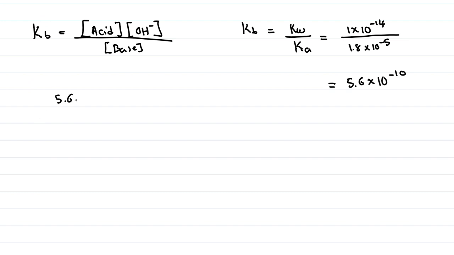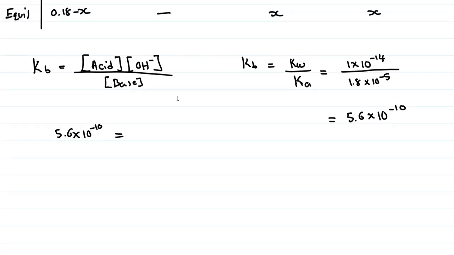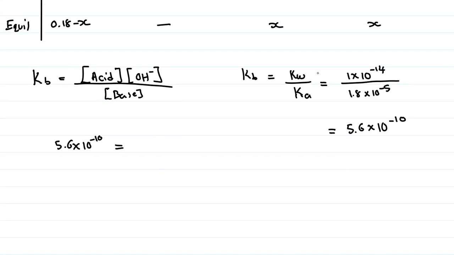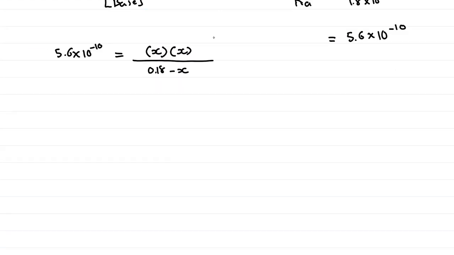So we have 5.6 multiplied by 10 to the power of negative 10 is equal to the equilibrium concentration of the acid, which is X, multiplied by the equilibrium concentration of the hydroxide ion, divided by the equilibrium concentration for the base, which is 0.18 minus X. Now from here we can multiply out by the denominator, which is 0.18 minus X. So that will go, and now we have